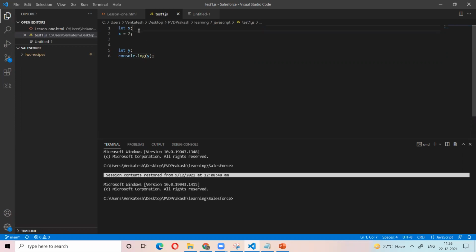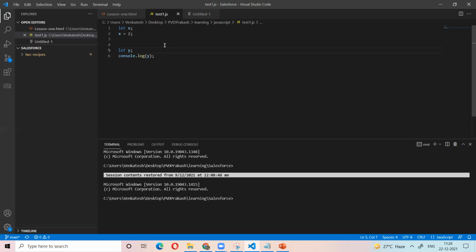Declaration of the variable means just let x is declared. We are not giving any value. If you give any value, that is assigning the value to the variable. So here let y means we declare the variable y, but we did not give any value to y. Correct?